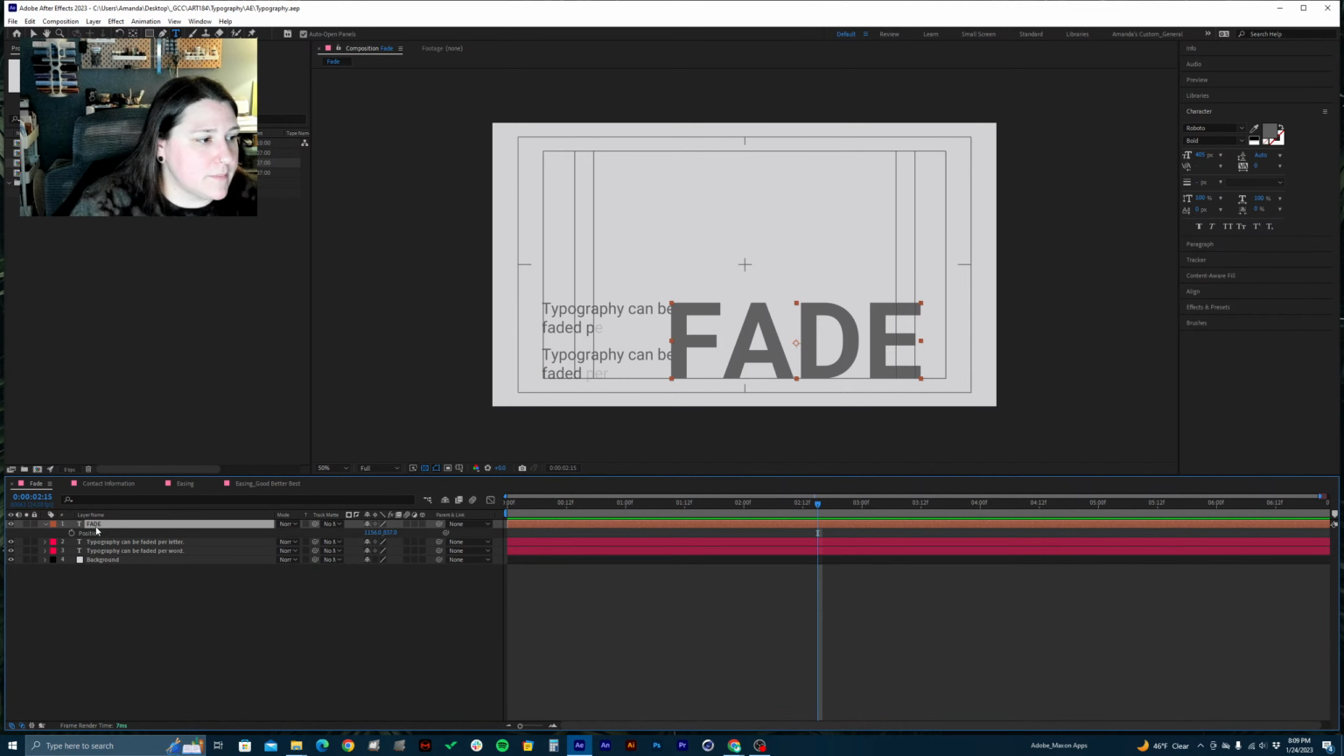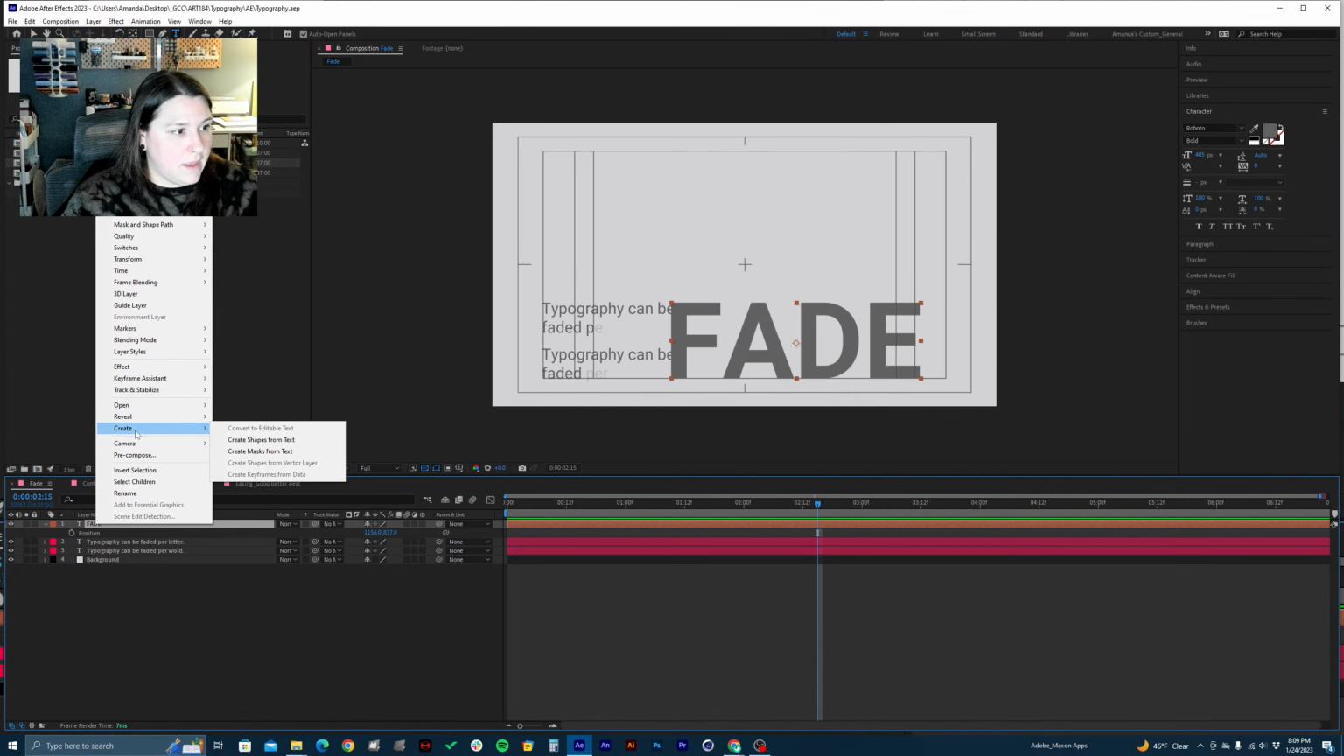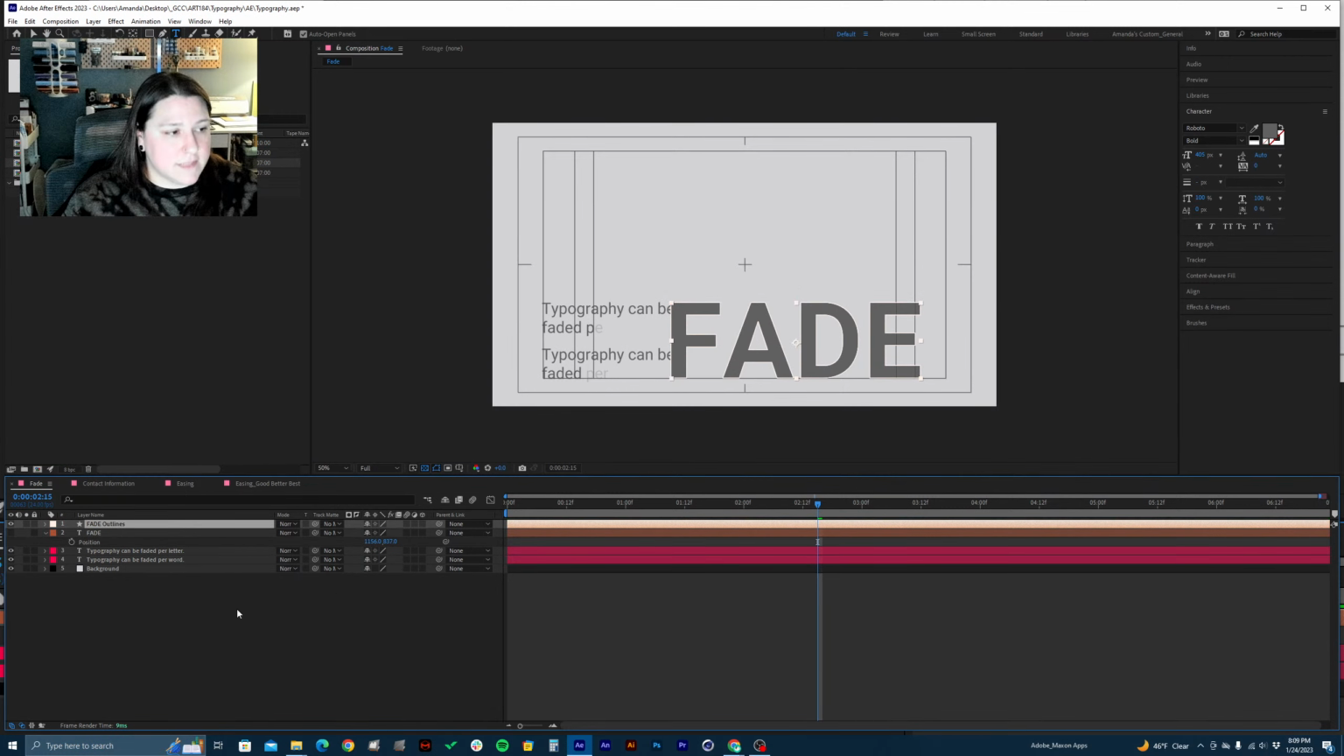And so what I'm going to do is select that layer and right click here and scroll up to create. I want to make sure you guys can see that. And then I'm going to create shapes from text. And as soon as I click that, you're going to notice two things happen. One, it created a new,